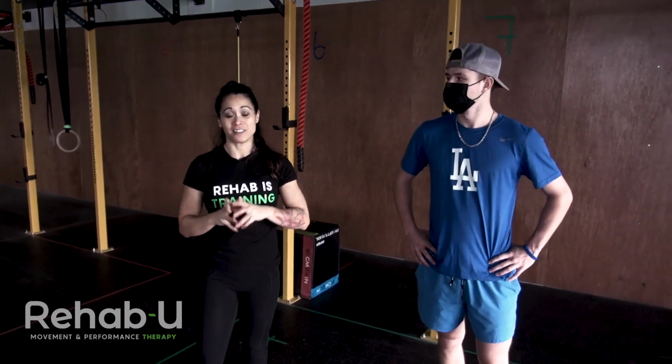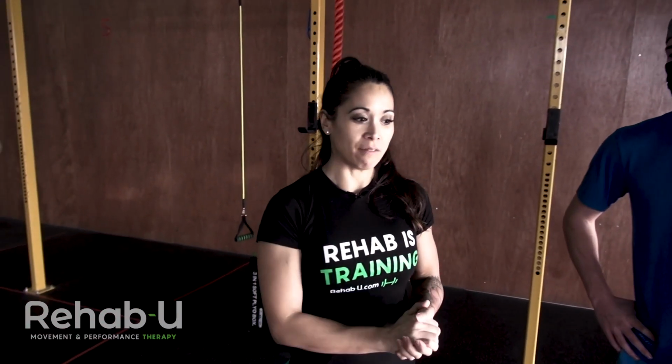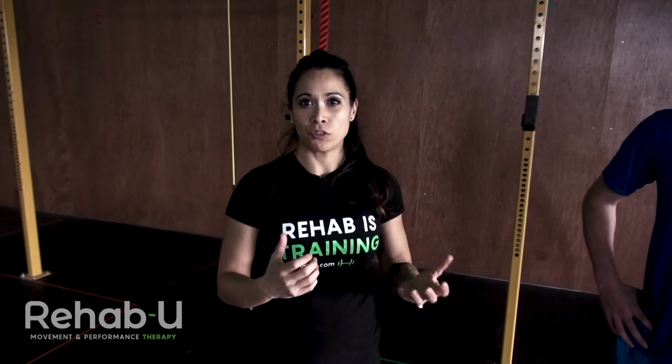So there you have it, guys. Part one, you have some elements to consider of the kinetic chain to make sure that you're not increasing that valgus stress at the elbow. And part two is just how do we optimize what we typically do post-op for the structure? How do we make that just a little bit better? And how do we give homework to our athletes so they're doing more